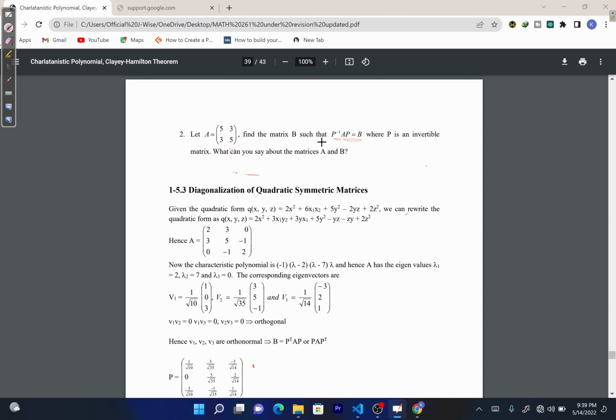Okay, so let's move on to diagonalization of a quadratic symmetric matrix. When you have a quadratic form, you can rewrite the quadratic form Q of x, y, z as x transpose A x, where x is given by x, y, z. When you have a quadratic form and you want to diagonalize it, you have